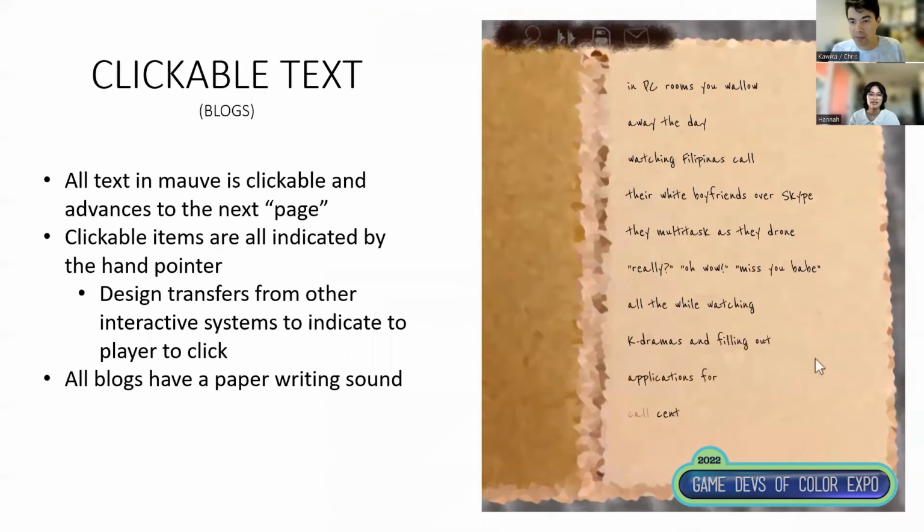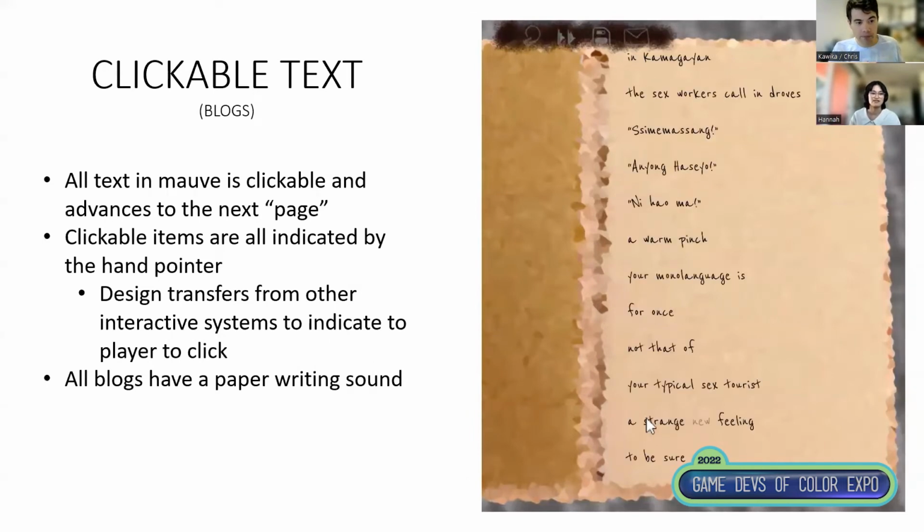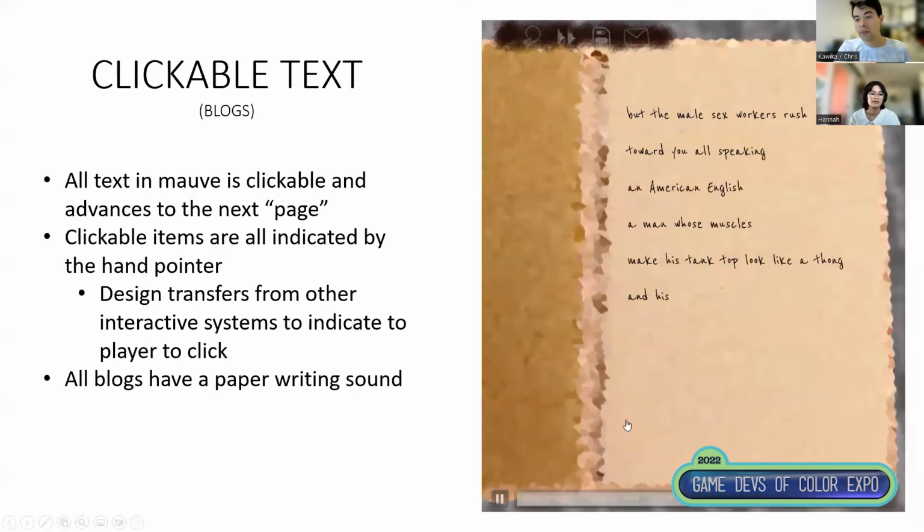While the text shows up on the screen, you can actually hear a paper writing sound as you're playing the game. So it progresses you along as if you're actively writing it from the first person. And then there are also times when images from the story that's being told are overlaid on the pages as well, as you saw previously.